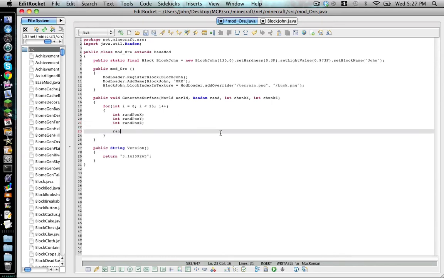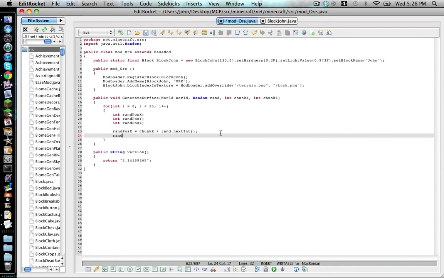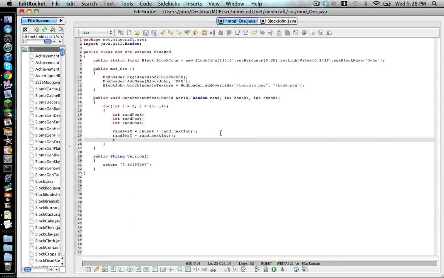Hit enter twice and then type randPosX = chunkX + rand.nextInt(); Next, we're going to type randPosY = rand.nextInt(); and then the last one, randPosZ = chunkZ + rand.nextInt();